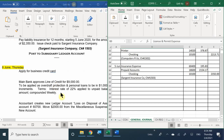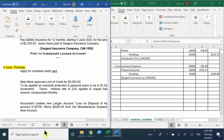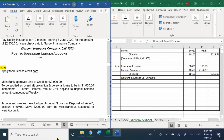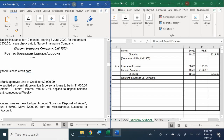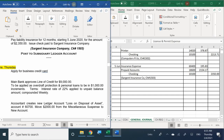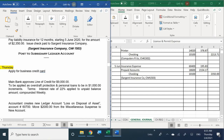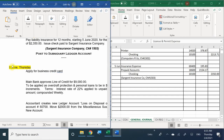All right. Next, it says here that the main bank approves a line of credit for $9,000, right? And it's to be applied for overdraft protection fees and personal loans, okay? And if personal loans are to be taken out, it'd be in increments of $1,000. Terms and interest rates are going to be 22% applied to any unpaid balances, and that is going to be compounded weekly. So, this information: we applied for a line of credit. Now that we got approved for the line of credit,